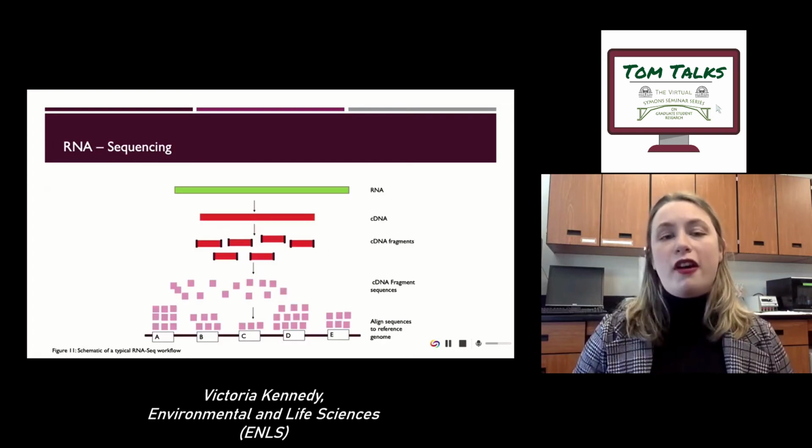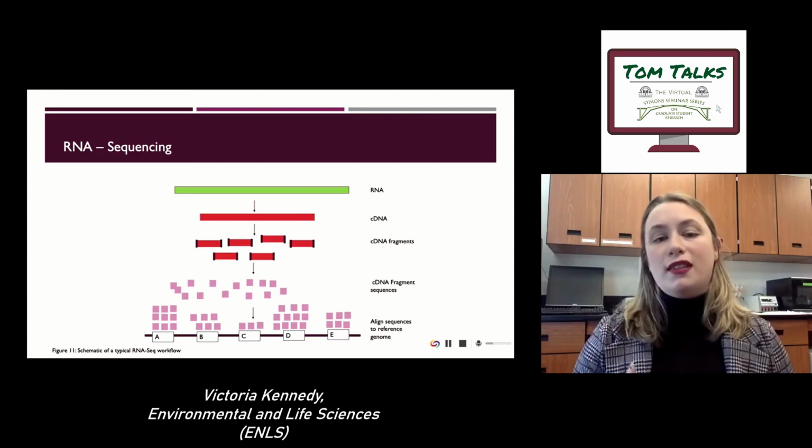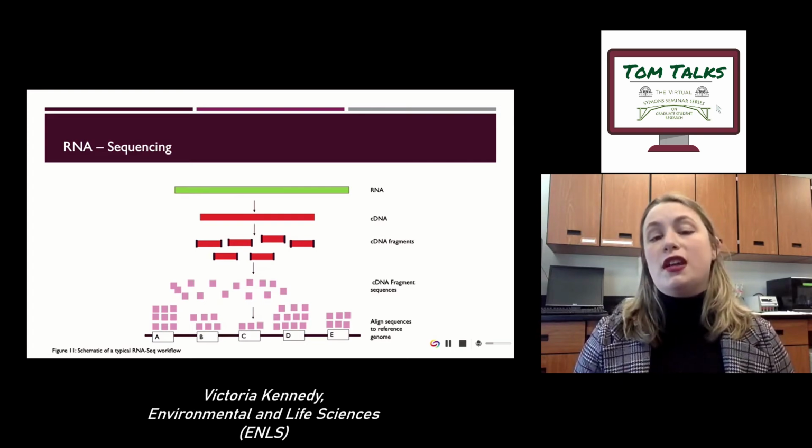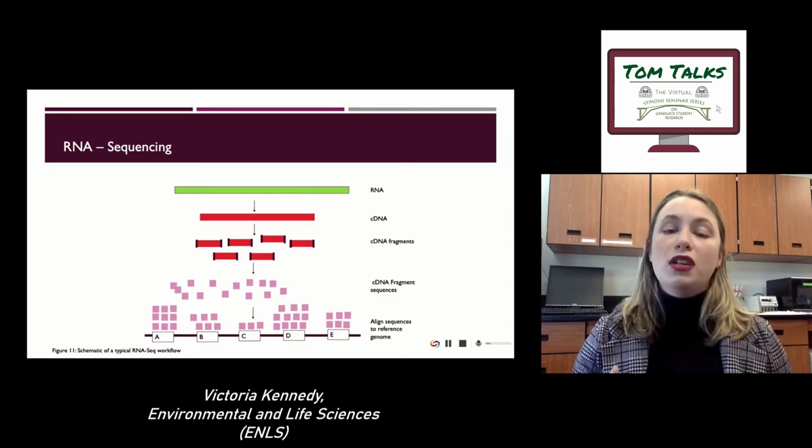Once you have good RNA, you can proceed forward to the actual sequencing of the RNA. So RNA sequencing typically would work like this. You would start off with your RNA, and it would get converted through a chemical reaction to complementary DNA. Complementary DNA just means it's DNA from RNA. And once we have the complementary DNA, or cDNA, we can break it into fragments and tag it with adapters. And what this allows us to do is know where we're sequencing and